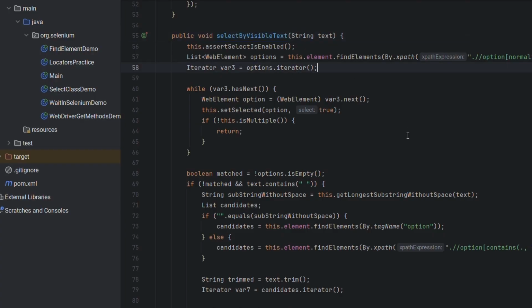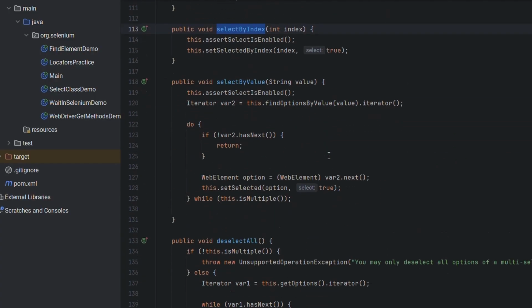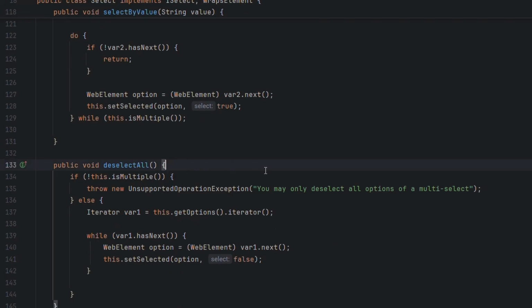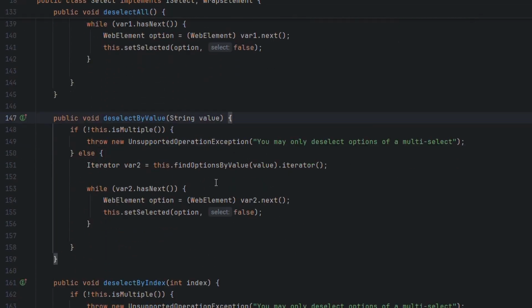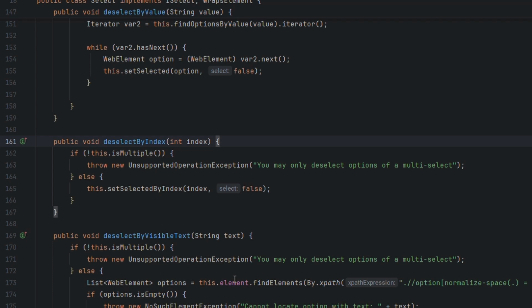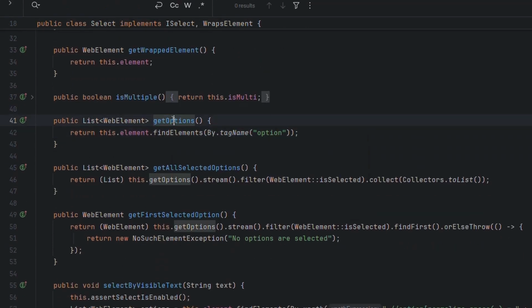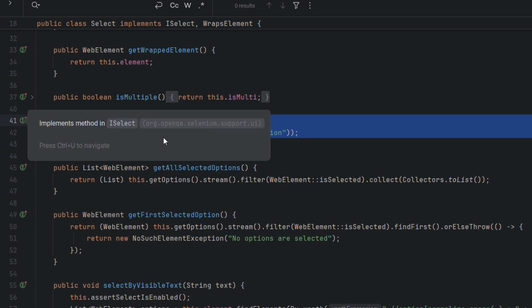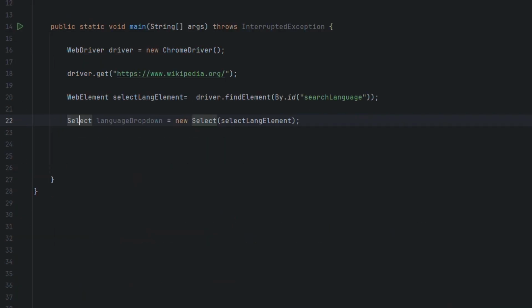So for selecting, we have a total of 3 methods provided by select class. We also have deselect all, deselect value. So these deselect methods are applicable for multiple selections and not for single selection dropdowns. It also has a method called get options, which returns all the options tag that are under that particular select tag. So let's go back to the code, and firstly what we'll do is we'll demonstrate all the 3 select